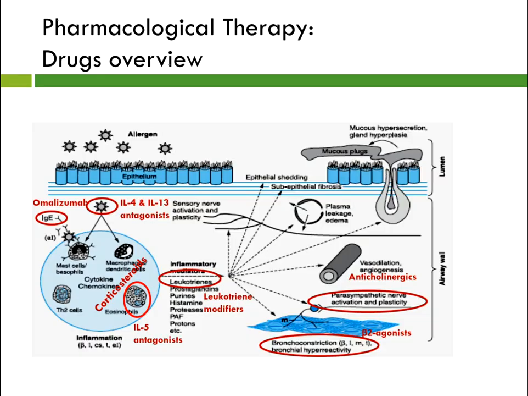Okay, how our drugs are going to help. So I have put something highlighted in red. So first, we have an IgE. What is IgE? IgE is going to come and settle on your mast cells to prime it. So the mast cells, once primed, are going to release the internal contents. What are the contents in a mast cell? Histamine. So we don't want that to be released. So we have to capture the IgE as such. How can we capture an IgE before it goes and primes a mast cell? By using a drug called omalizumab. Omalizumab captures the IgE, basically like an antigen binding to an antibody. Simple. So if omalizumab captures your IgE,